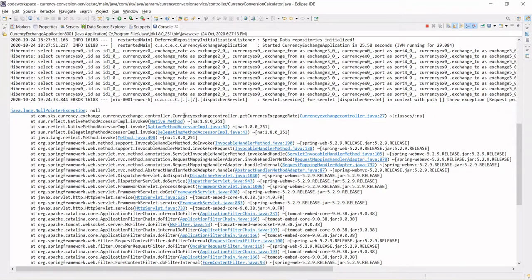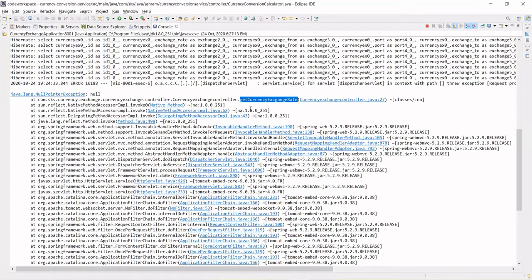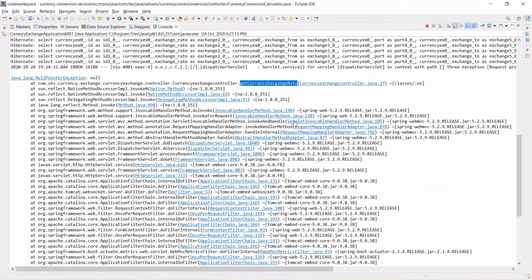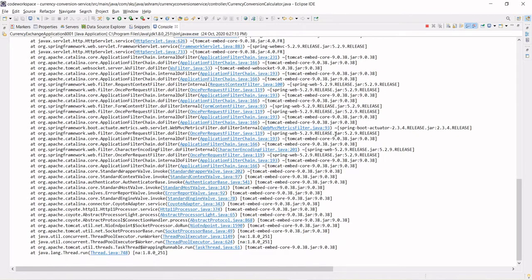It's giving the details: CurrencyExchangeServiceController, getCurrencyExchangeRate. So while getting the currency exchange rate, the entity bean is getting a null value. So one thing we got to know: the currency exchange service is getting a null value.